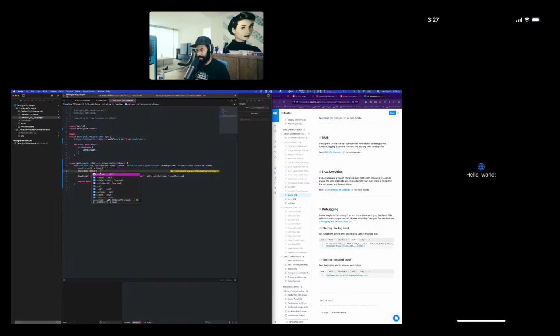Okay, there should be a set log level. Okay, there is.